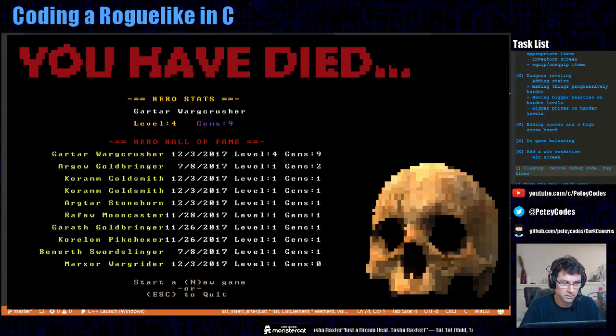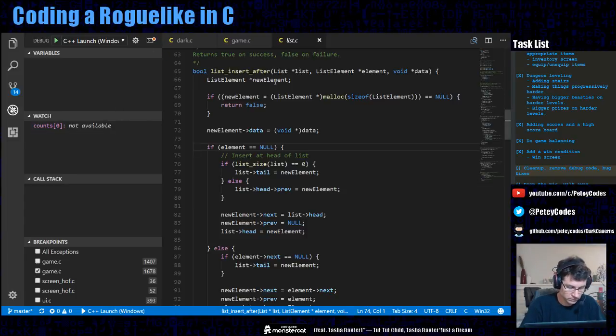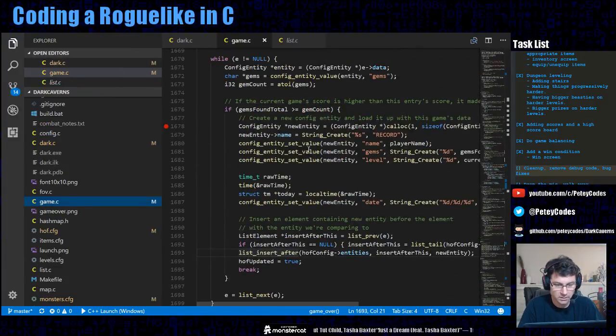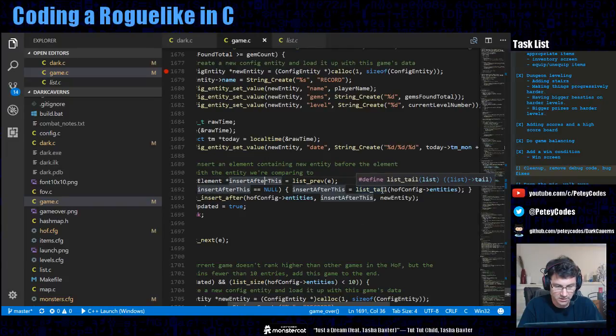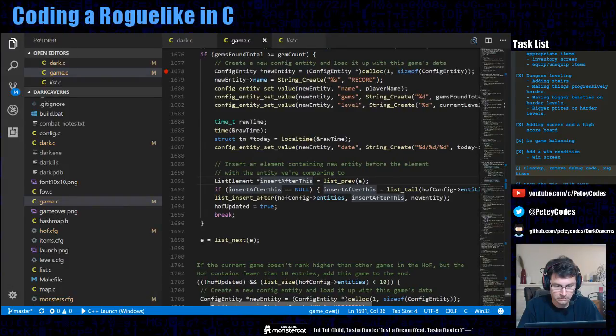I just realized you guys didn't see that. So the problem here is this right here, this code. We're checking insert after this if it's null. We're saying insert after this is the tail, which is not. Certain element contain entity. So the case we're trying to guard against here is if insert after is...